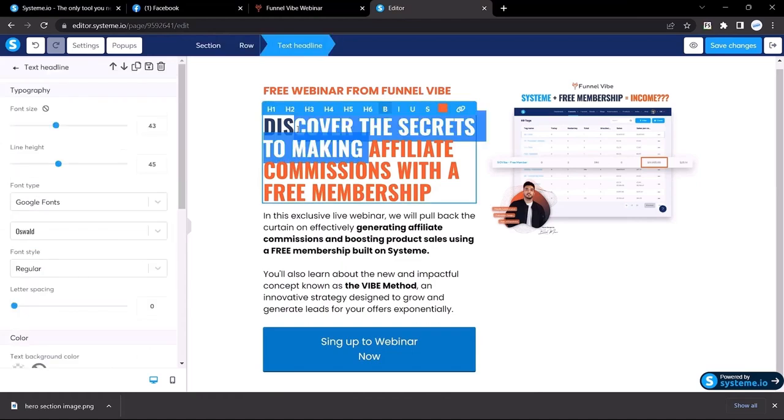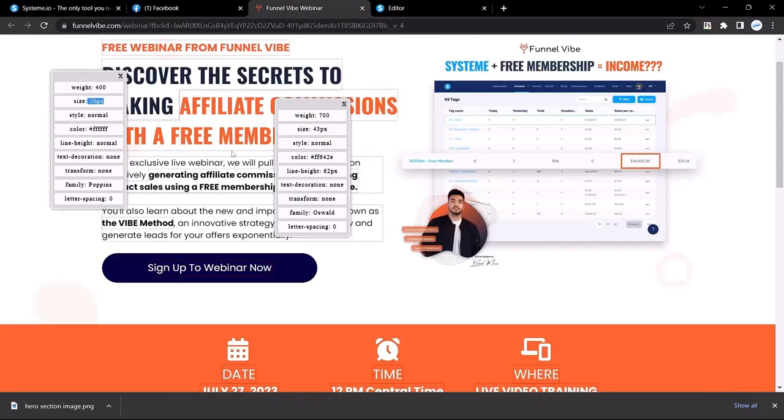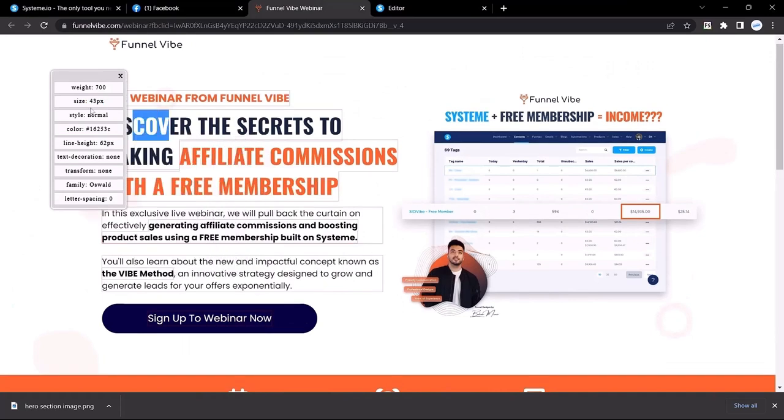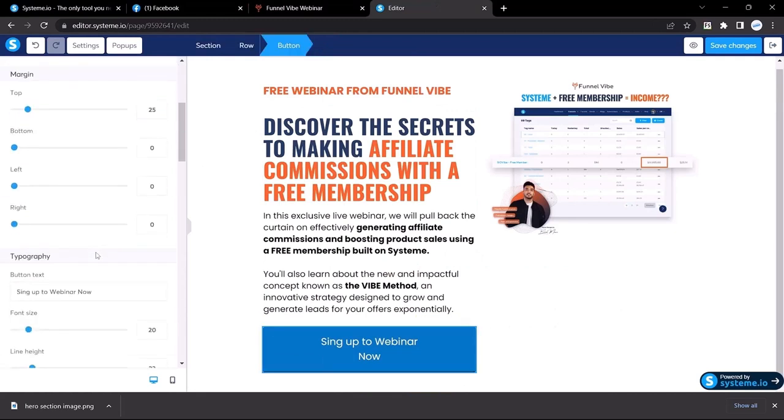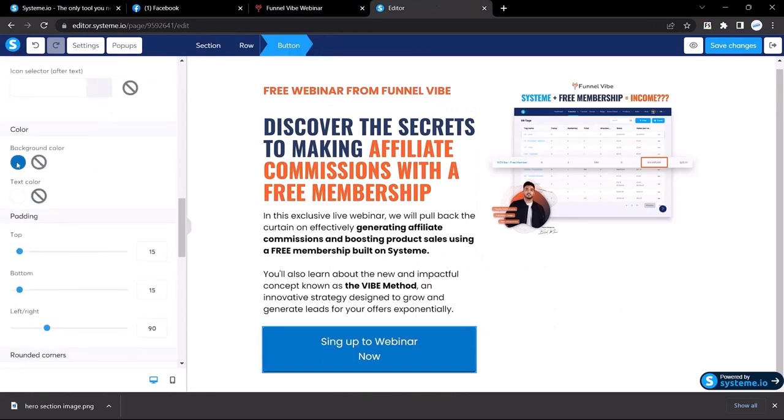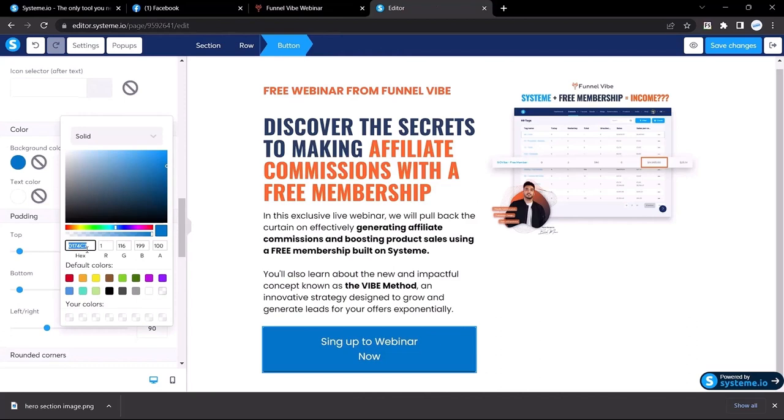So I will just copy this color code from here. Let's select the text over here. This is the color code. So select the text and copy the color code from here. Okay, once you copy the code, come over here and click the button, and from here change the button background color into our selected color. Press enter. Here at the beginning it has one space, so just remove the space and